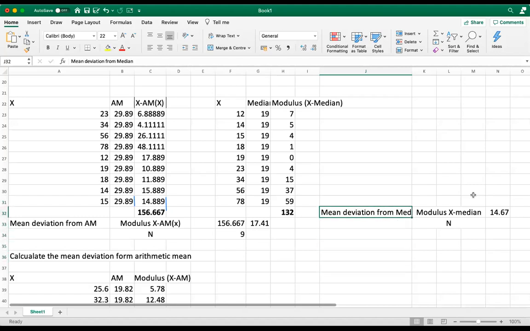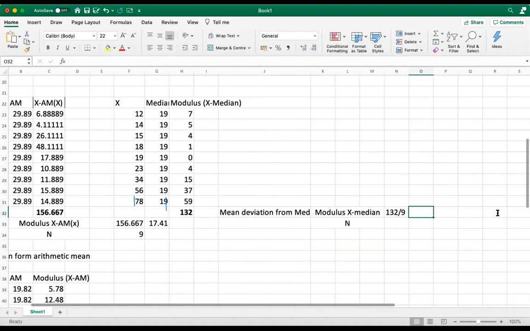Question? Sorry? Have a repeat for some written. First find the median or the mean, and subtract it from every x value. If it is from median, you have to subtract each and every x value from the median and then consider only the number. Here I have not taken the sign. Consider only the number and then add all these. When you add all these you will get a summated number. Then divide that summated value by the number of observations, which is 132 by 9, which is equal to